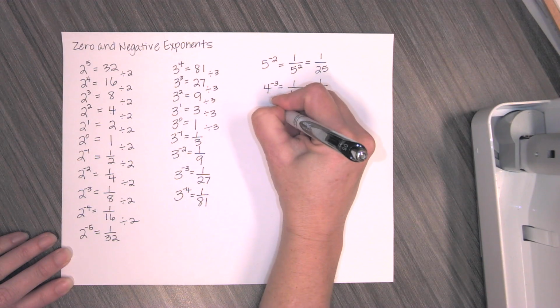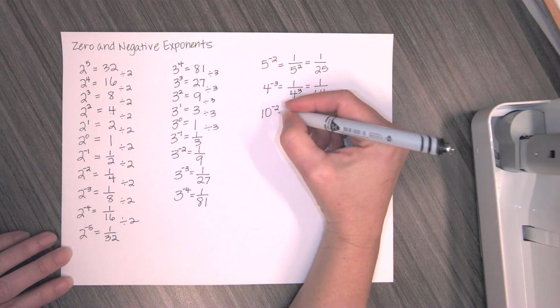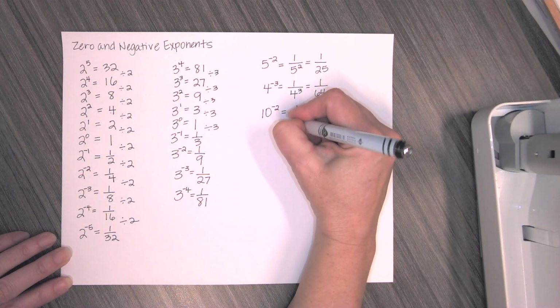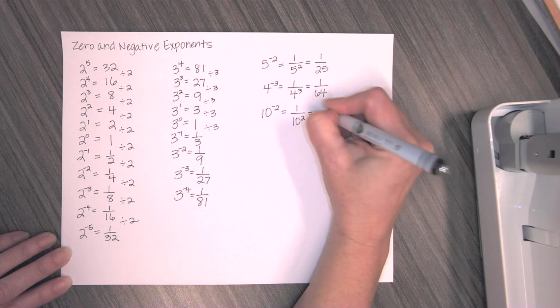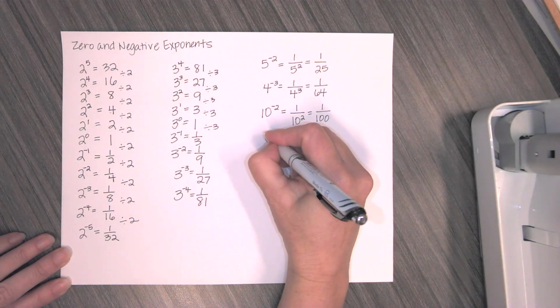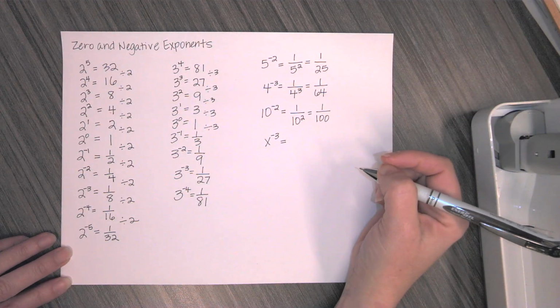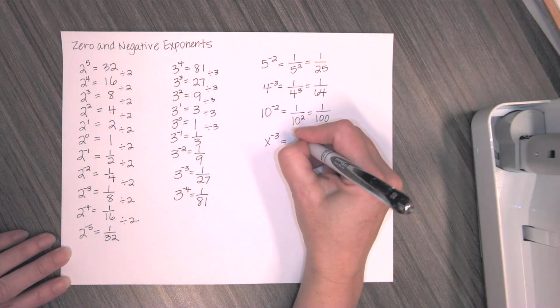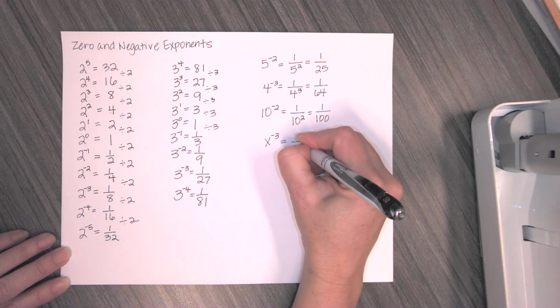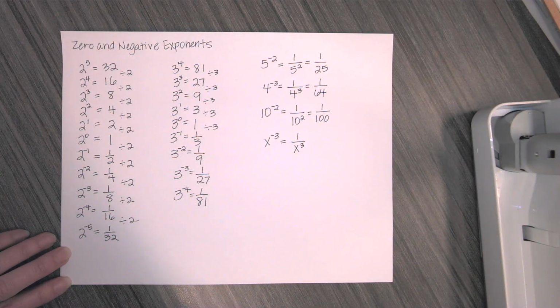If we have 10 to the negative 2, that's going to be equivalent to 1 over 10 to the positive 2. 10 squared is 100, so 1 over 100. Now, like I said, this works the same with variables. If we have x to the negative 3, we want to rewrite that as 1 over x to the positive 3. Now, we can't work it out or do anything from there, but we don't ever want to leave negative